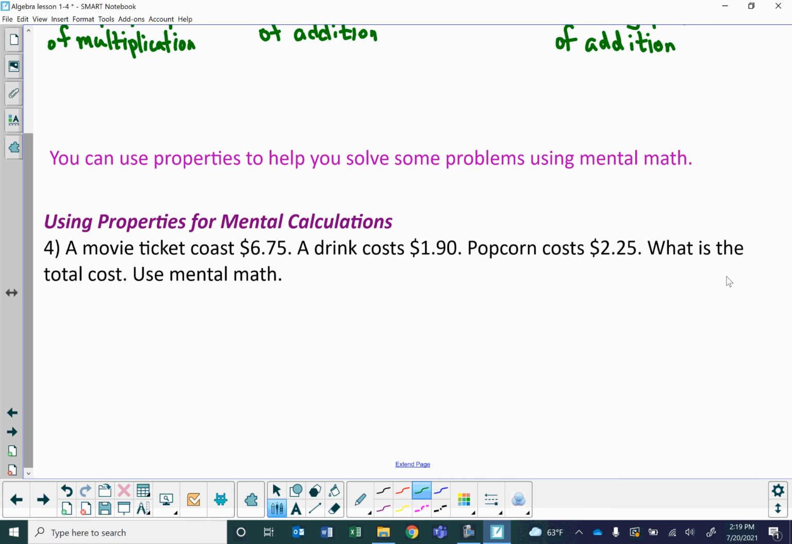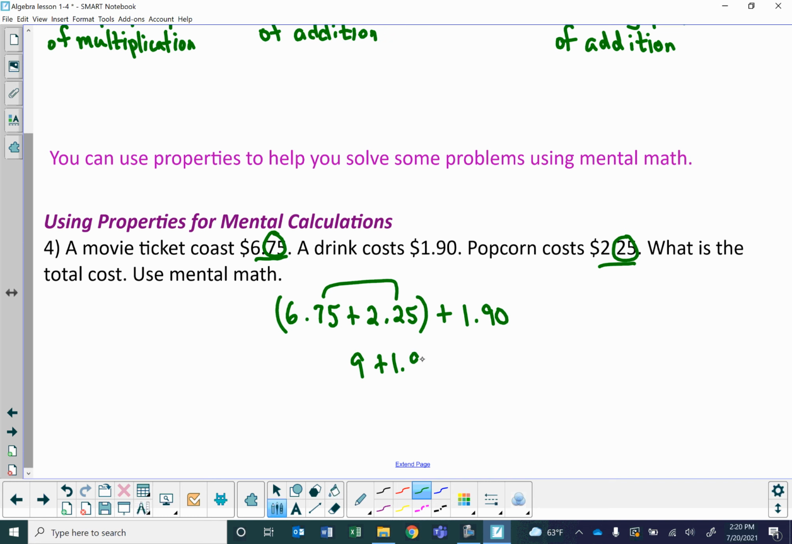my brain is looking at this going, ooh, $6.75 and $2.25. The 25 cents from here and the 75 cents from here I could group up. So my brain says take 6.75, group it with the 2.25 together first, and then add the $1.90. Because if I think about it, 675 and 225, this becomes one whole number. So that becomes 1. 6 and 2 is 8, plus 1 is 9. So I have 9 plus $1.90, which gives me $10.90,